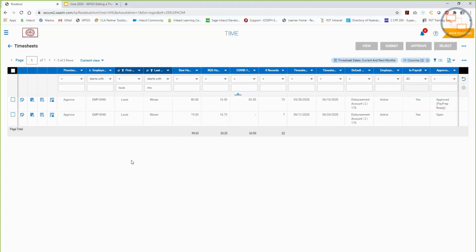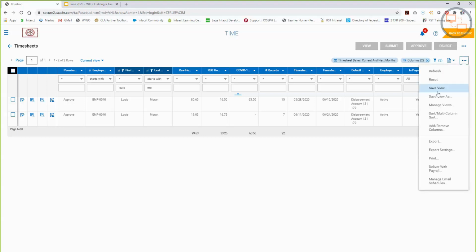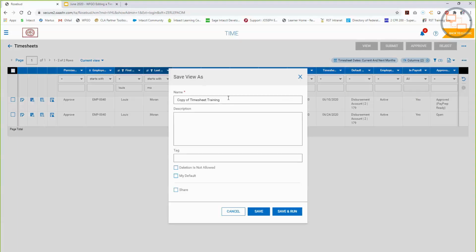If this is a report you're happy with, we can then come back up to our actions, and we can actually save the report so that we can always have this view available to us. So I'm going to save view as. It's a copy of a view I've had, but I want to give it a new name. And I'm going to call it timesheet